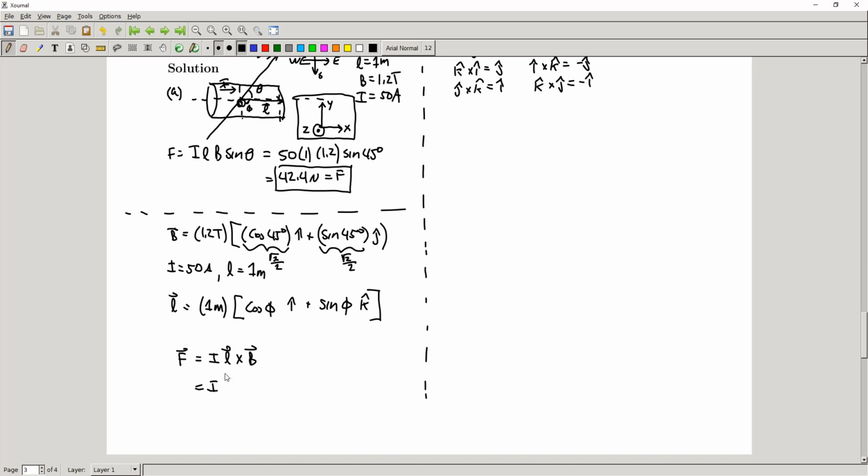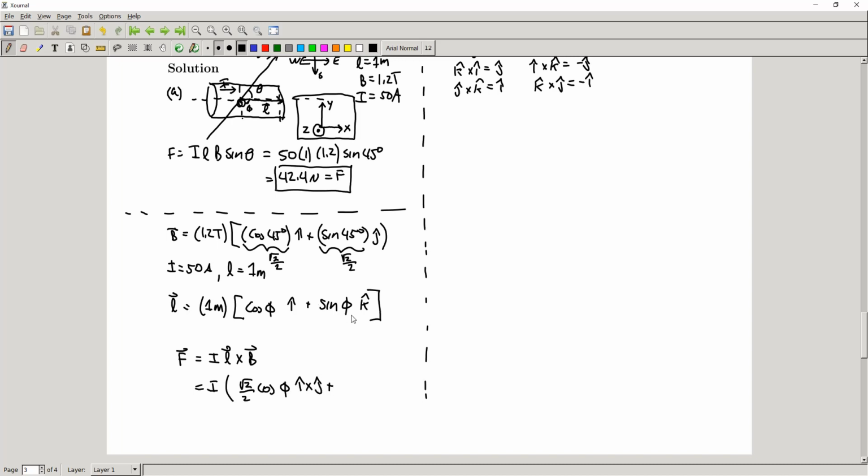You're going to end up with an I, and then these two are going to cross and cancel out, but then you're still going to have cos phi i hat cross root 2 over 2 j hat. So you're still going to have root 2 over 2 cos phi i hat cross j hat